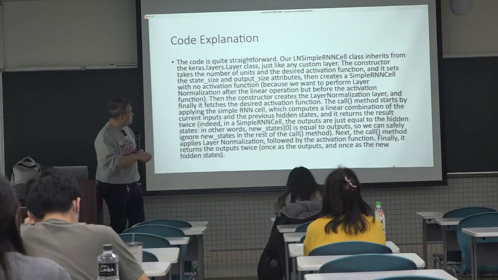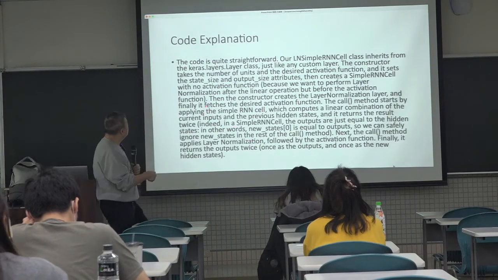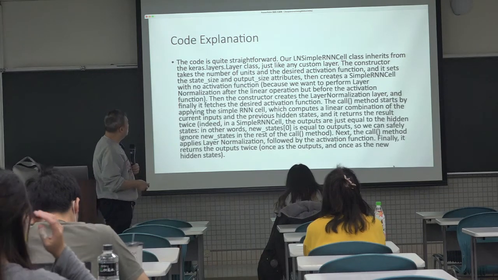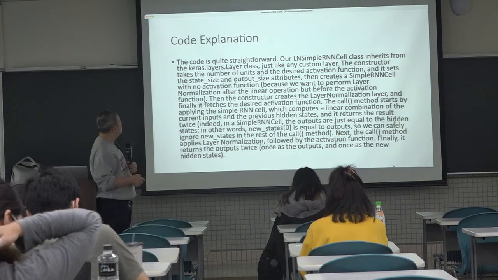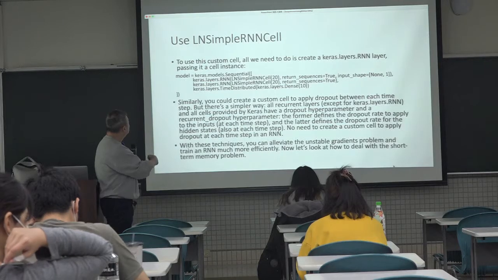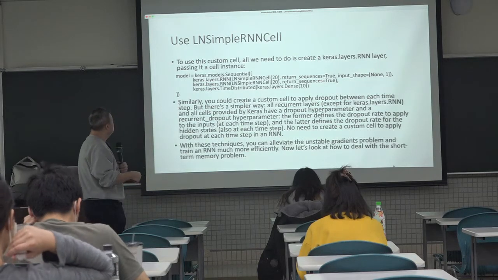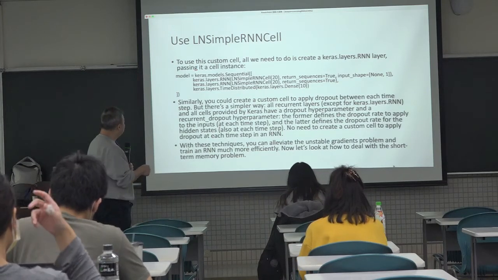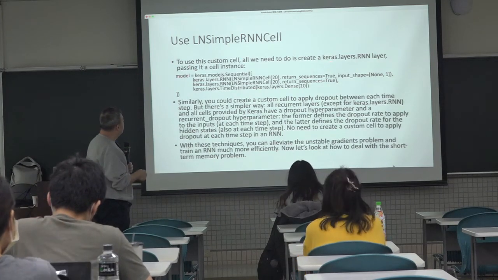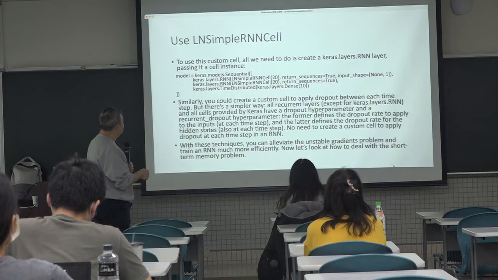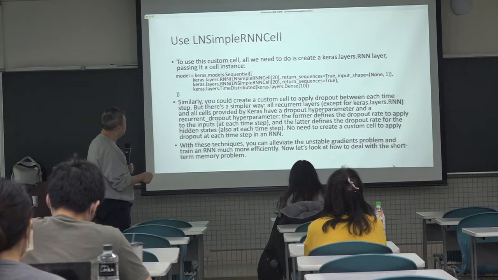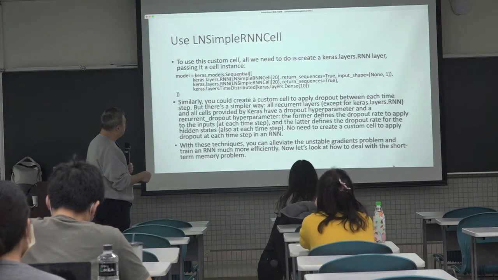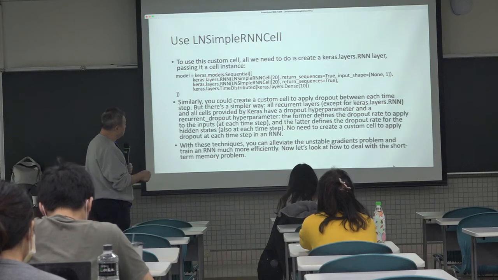So I think I already explained the code here, so I will skip this slide. And so how do we use this class that we just created? It's very simple. Instead of using keras.layers.SimpleRNN, the basic RNN,